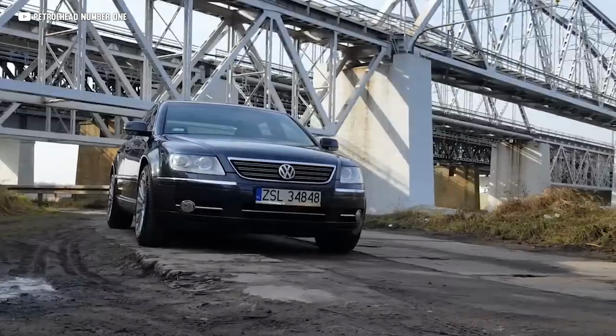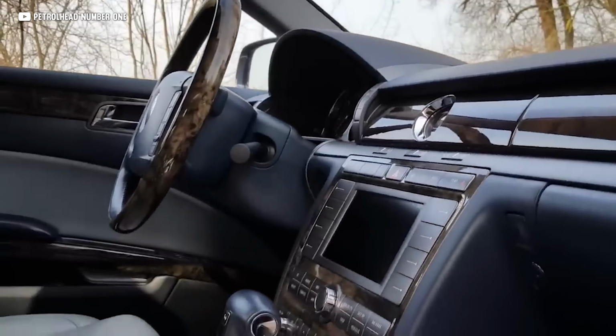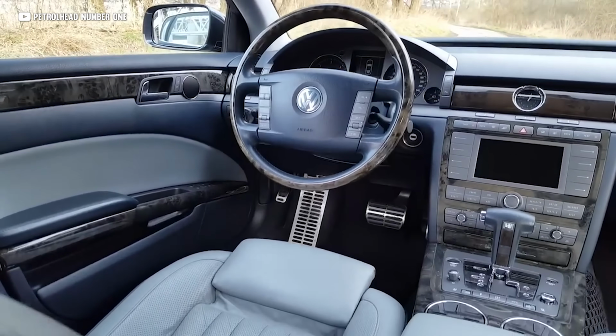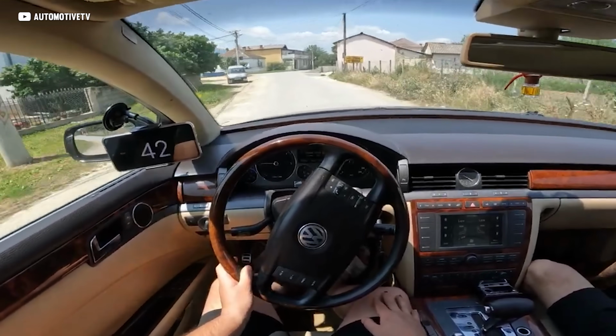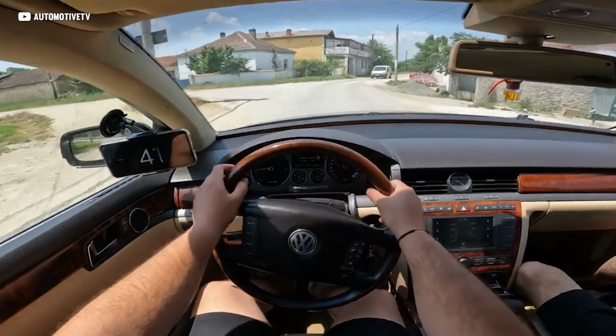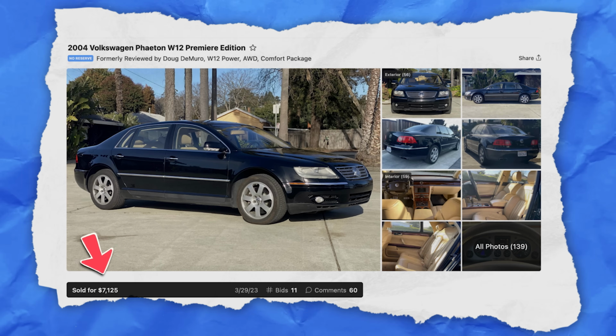The Phaeton is the Volkswagen you never saw coming, with an interior draped in luxury and a silhouette that's undeniably, understated Volkswagen. Kinda looks just like a bigger Passat. It's the perfect blend of elegance and power that completely flies under the radar. When Ferdinand Piëch laid out the engineering targets for the Phaeton, it's said that over half the engineering team simply said it couldn't be done and just walked out. Of course, Volkswagen pulled it off anyway, and for just 7 grand you can get your very own